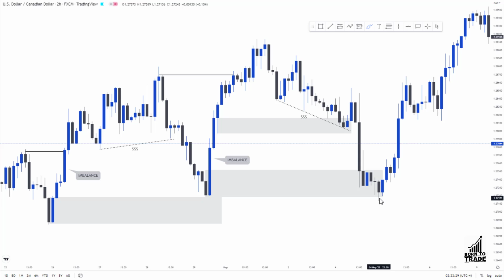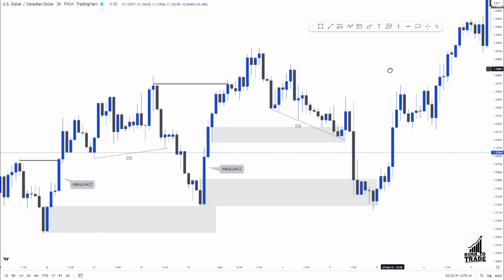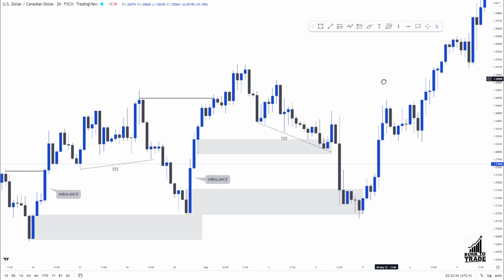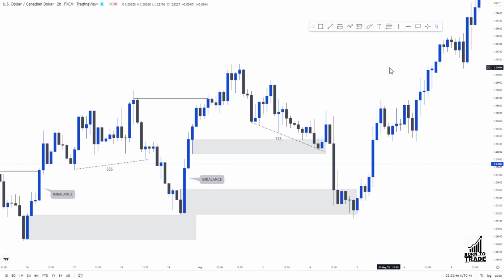Even though price spiked below our zone before price moved in our direction, you can equally see that the trade played out even though there was a spike below our zone. So what would have saved you and helped you avoid this spike below our zone if you used the confirmation entry? Remember, I've never advised you to use a risk entry. So if you use the confirmation entry, it would have been a good one, because if you go down to your lower time frame, if I'm analyzing from here right now, you can see